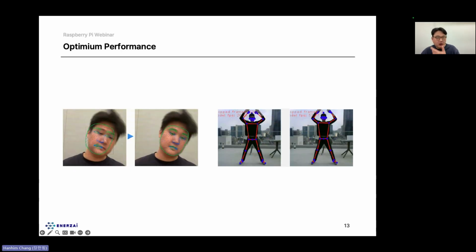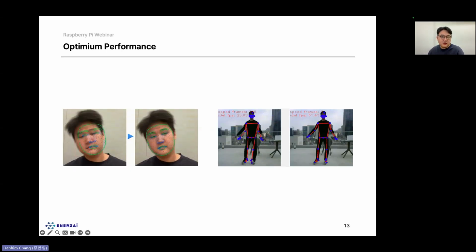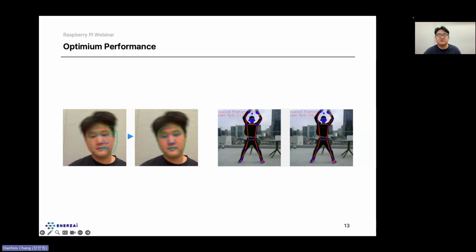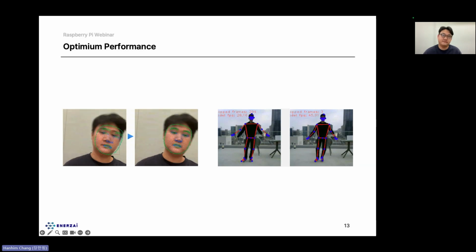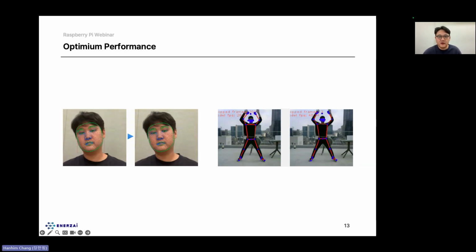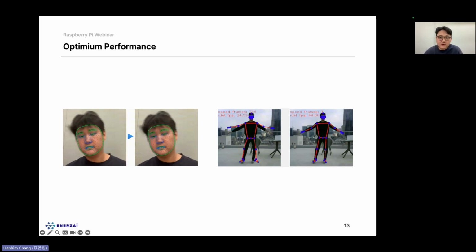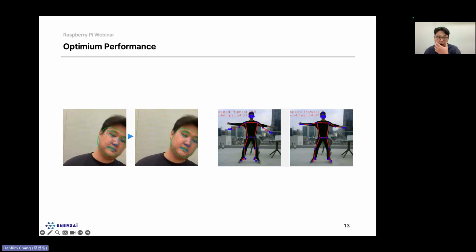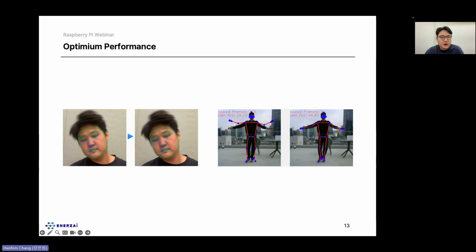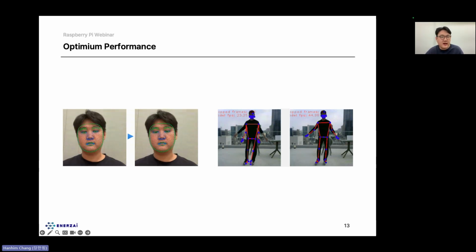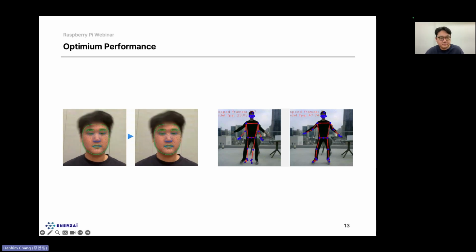So words are cheap, so I brought some demo videos here. For both videos, there's some kind of lag here, but please bear with it. For both videos, the left would be the real-time output of the MediaPipe model deployed on Raspberry Pi using the XNNPACK backend, and the videos on the right are the output of using Optimium.